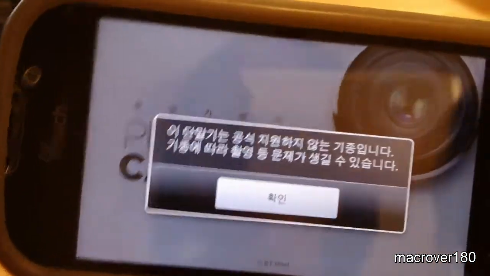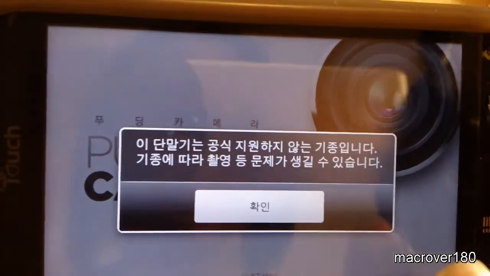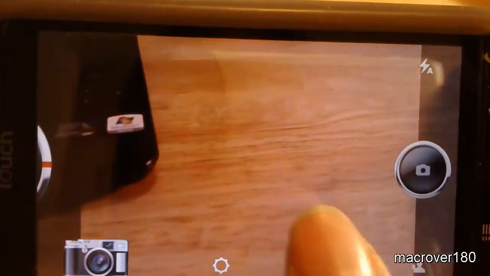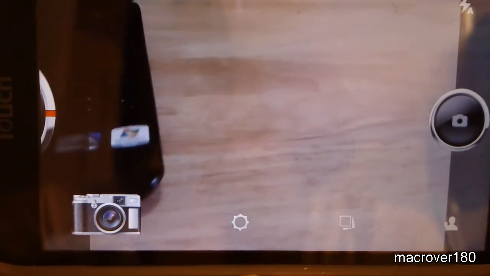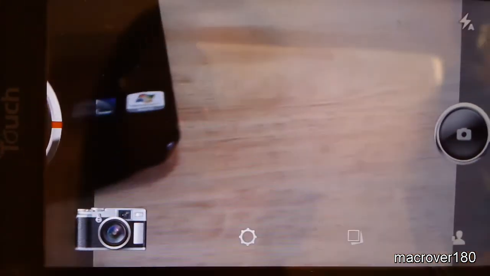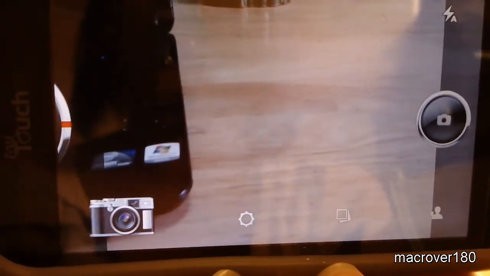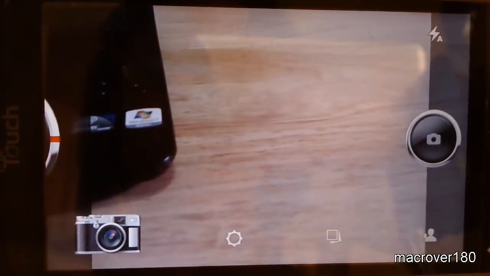So as you have noticed by now, the application is, I believe, written in Korean. I'm not quite sure, so I don't want to say it's definite, but the whole interface, rather the menu settings, the whole language is in a language other than English. So when you open it up here,